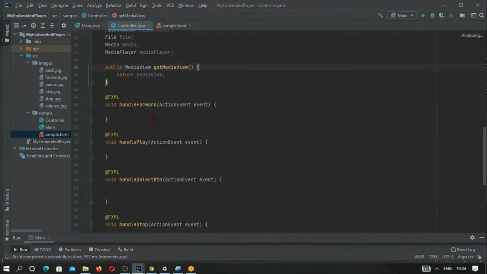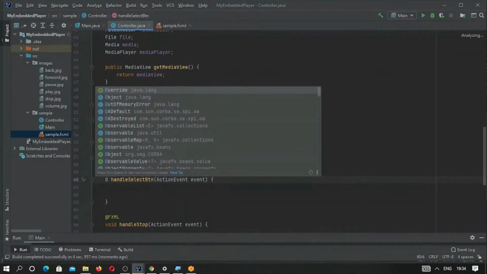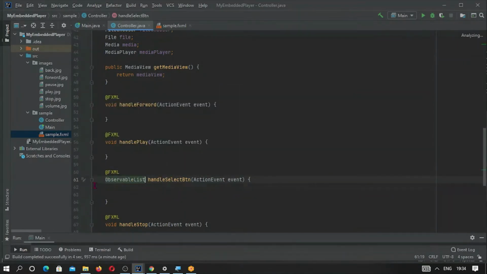Okay, so this is a handle method, the select button. This will not be void; this will return what? An observable list. This may be given an access modifier, or it will be taken as default, and default is visible to the class, package and subclass also.